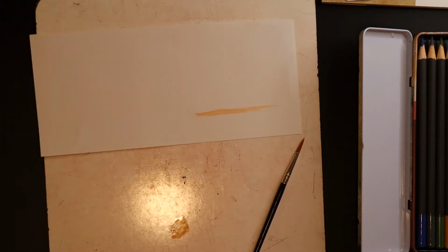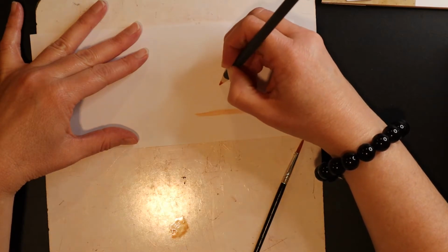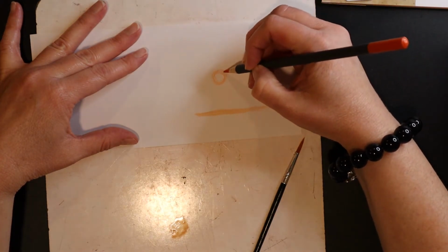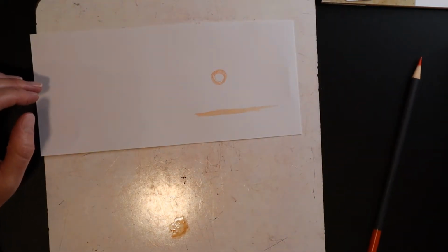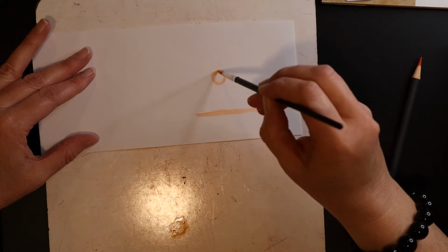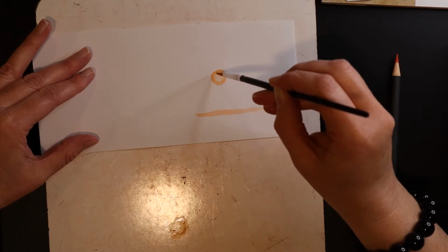So let's say when I'm talking about going directly on it, I'll just draw a circle. So you draw a circle with your watercolor pencil. Let's pretend this is something that you're working on, and you're going directly on the item that you're working on. Then you add a little bit of very little water. You don't have to soak it. When you're working with watercolor, you want to go slowly, let it dry, add another layer, let it dry. You don't want to try to go real bold all at once when you're working with watercolors. See, that's the effect you get when...